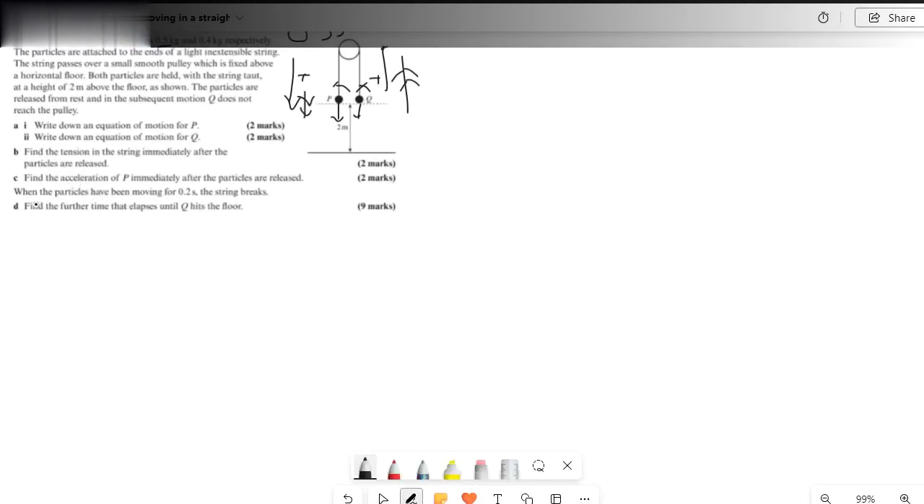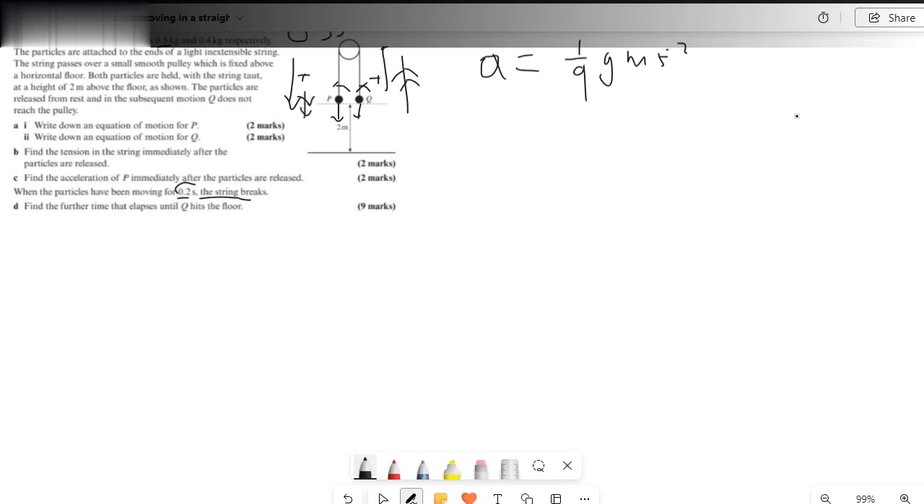So for part D, it said that when the particles have been moving for 0.2 seconds, the string breaks. So find out the further time that elapses until Q hits the floor. So in order to solve this, first we have to consider the motion of P and Q. Because we know that the particles have been moving for 0.2 seconds, the acceleration that we found previously, which was A is equal to 1 by 9 G meters per second squared, is the acceleration that applies for